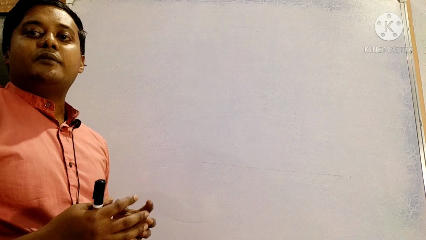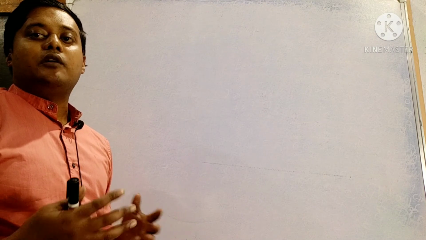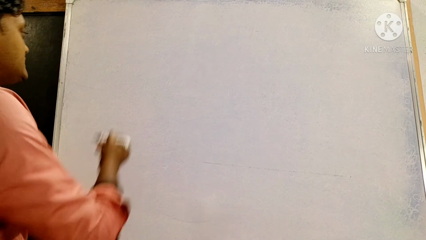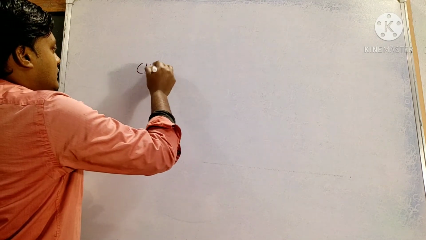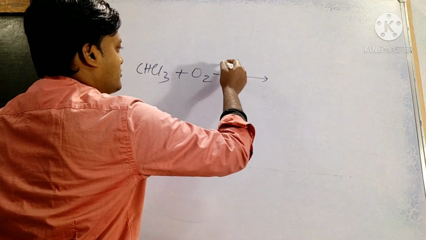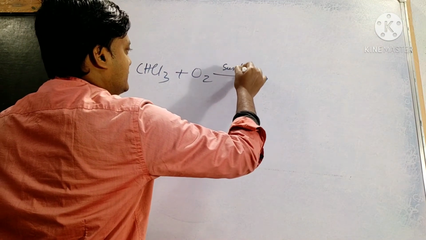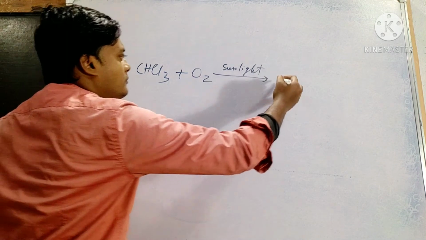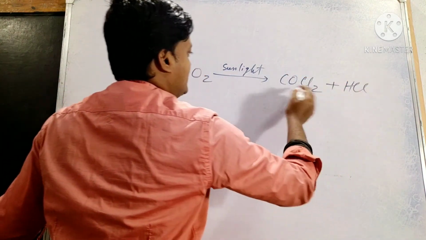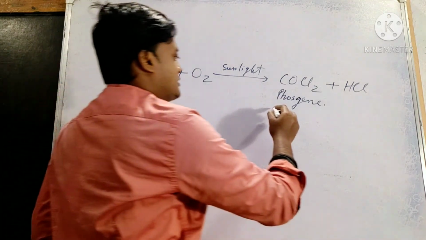So that chloroform it become toxic. That's why nowadays we not use chloroform as an anesthetic agent. What happens? See, now chloroform in presence of that oxygen and sunlight it form that COCl2 plus HCl, phosgene, highly poisonous,